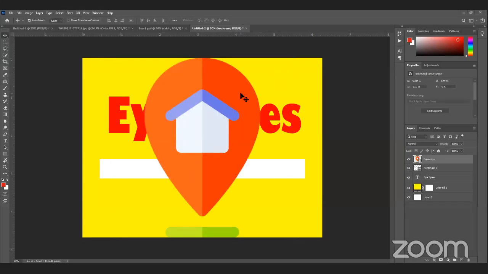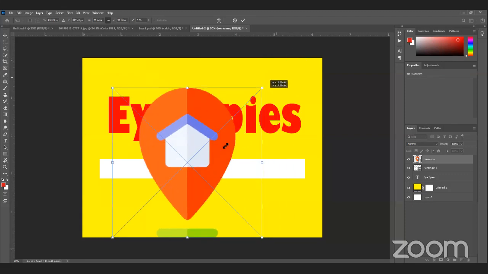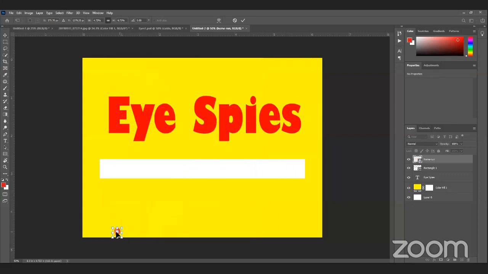I placed it. This is too big. You can see that it is too big for me. What I did, I clicked on it and pressed Control T and made it small. There is one more icon, the calendar icon.